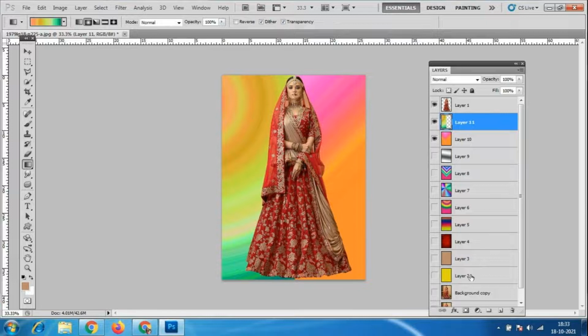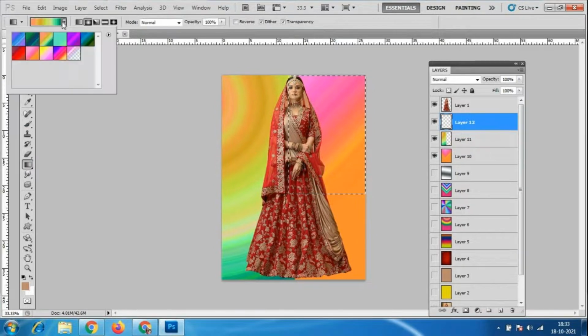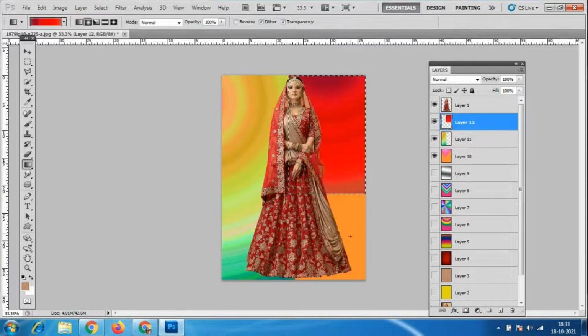Okay. So like that we can add using this polygonal lasso tool. We can select however much area I want. I can take a new layer. Again, I'll go to the gradient and I'll give a different background for this. Okay. See, now we have three different things over here.